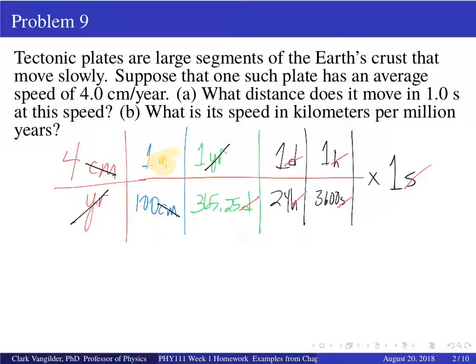That's it. So now I've converted centimeters per year into meters by means of converting it to meters per second, and then multiply by seconds, I have meters. I could have just converted the years to seconds, multiplied by seconds, and I'd have some number of centimeters. All right, so in the end, this works out to, if you do all the math,